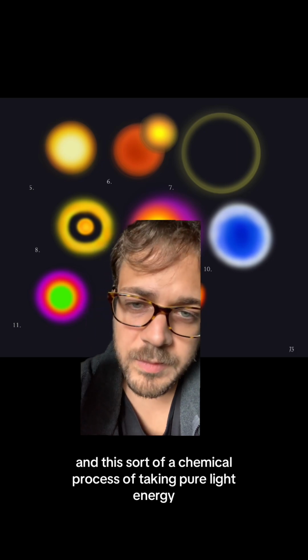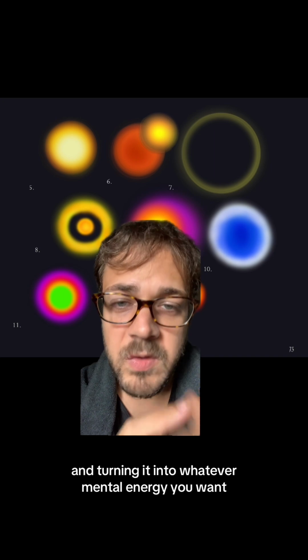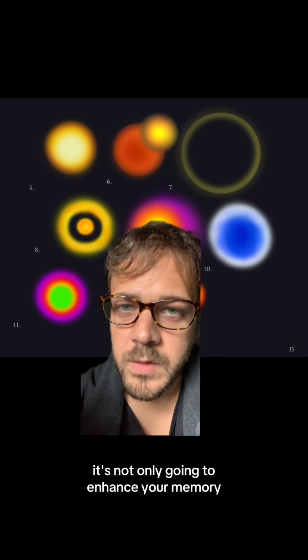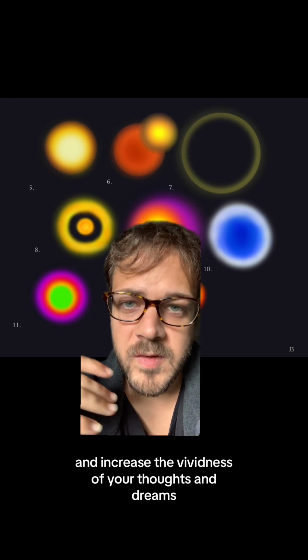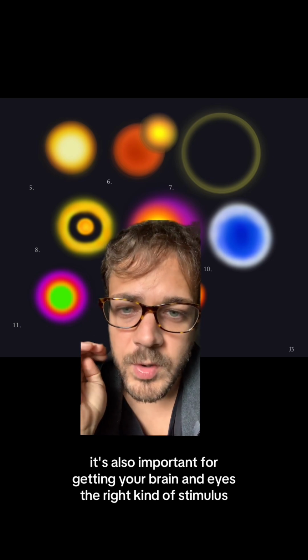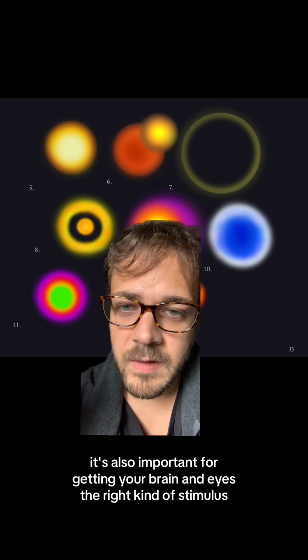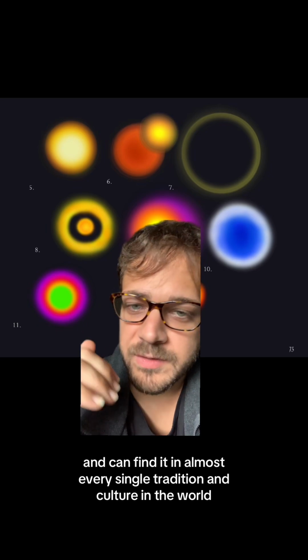And this sort of alchemical process of taking pure light energy and turning it into whatever mental energy you want is not only going to enhance your memory and increase the vividness of your thoughts and dreams, it's also important for getting your brain and eyes the right kind of stimulus to help activate certain parts of it that we kind of neglect. This practice goes way back, and you can find it in almost every single tradition and culture